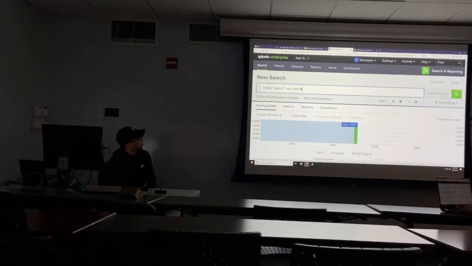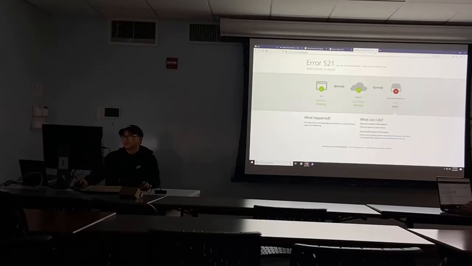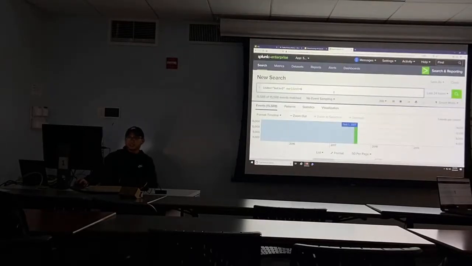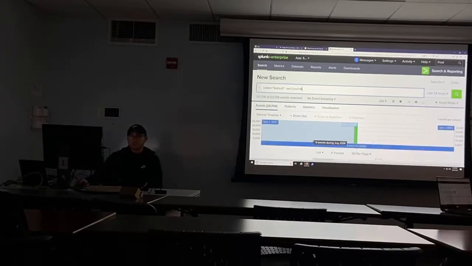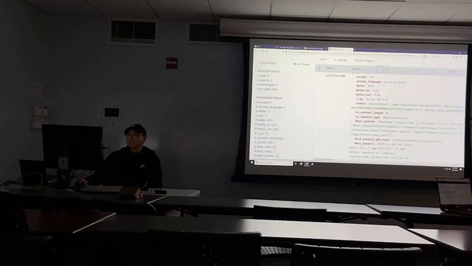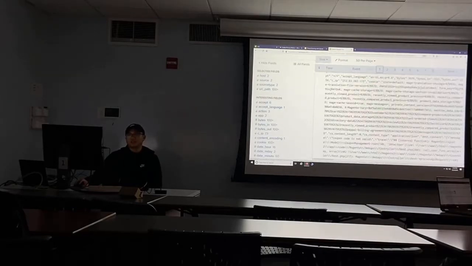It might be taking a bit longer because there might be more people on it. I'm not too sure. So that's the first step, and then with that we could go straight in. What this is doing right now is going through every single event within bots v2 from the beginning of time. If you scroll down, these are the events being searched, like event IDs. You would see it as raw right now.